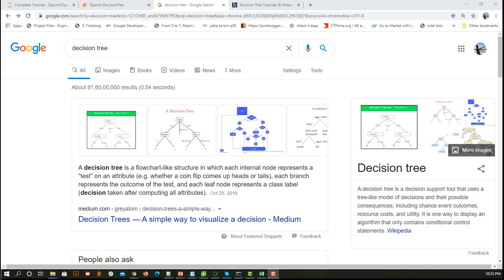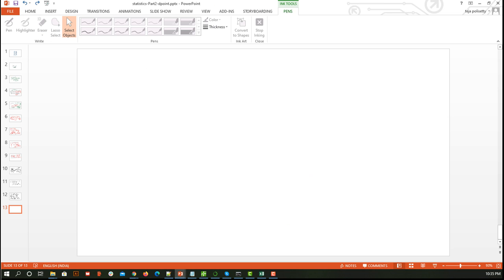So first, what is a decision tree? Let's see that. We are going to see the maths as well, because this concept is one of the simplest among all the other algorithms. So suppose we have, let me give an example.